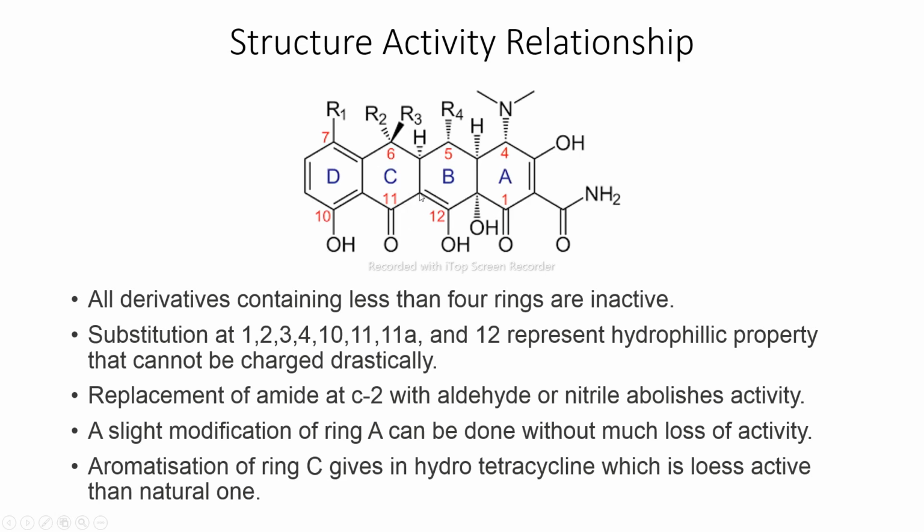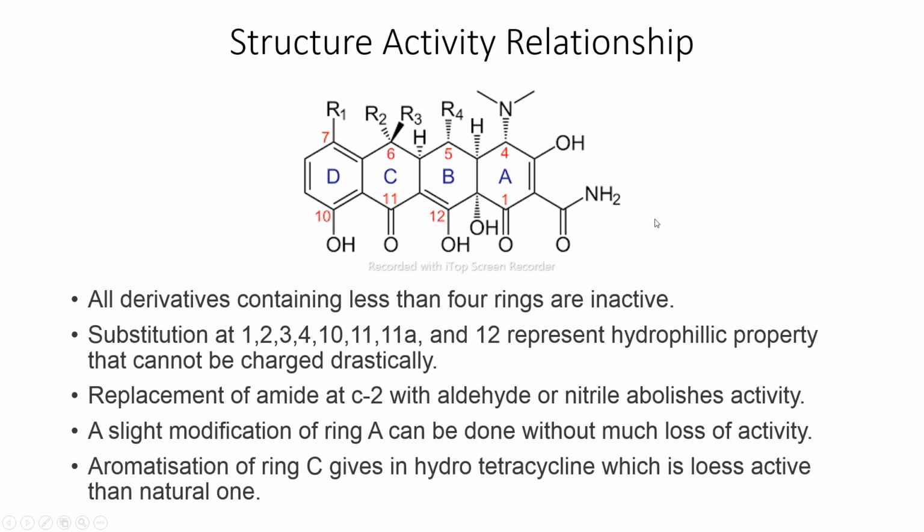11A means what? Now this carbon, the carbon which is in between 11 and 12, is called 11A. So in every case, here is a 4, here is a 5. So this one is 4A, 5, 6, this one is 5A, 6, 7, this one is 6A, right? So whatever the fusion is, it is A. So how we nominate A: whatever the previous number is, if it is 5 then 5A, 6 then 6A, 10 then 10A, 11 then 11A, 12 then 12A, likewise.